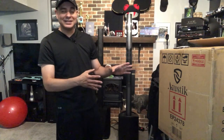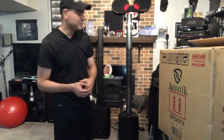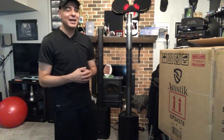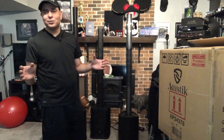We do know that it's a Chinese made speaker from the label on the side and from the box that I found. I didn't see anything on the instructions, but it does say on the box and the label. The coolest feature on the speaker, guys, is of course this speaker has lights, which is awesome, and I will give it props for that. It's a total cool factor